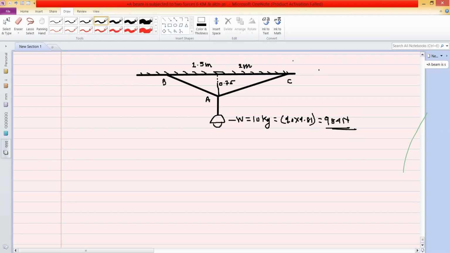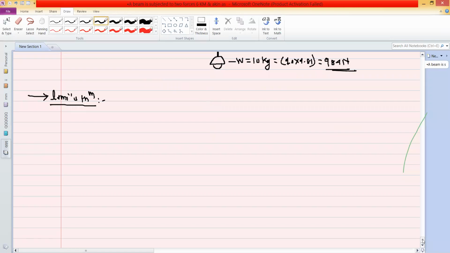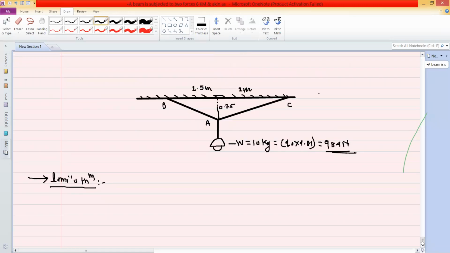So directly the angles are not given. So we will solve this problem by using Lamè's theorem. Lamè's theorem problem you can solve by using summation Fx and summation Fy. Now to use the Lamè's theorem,